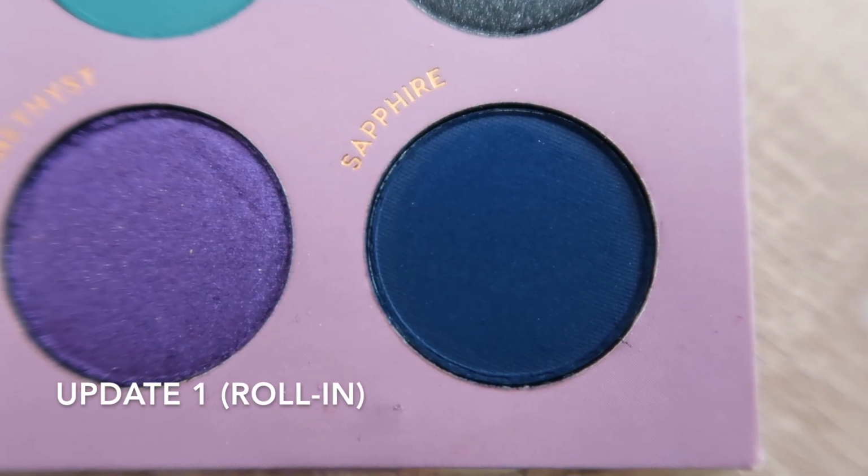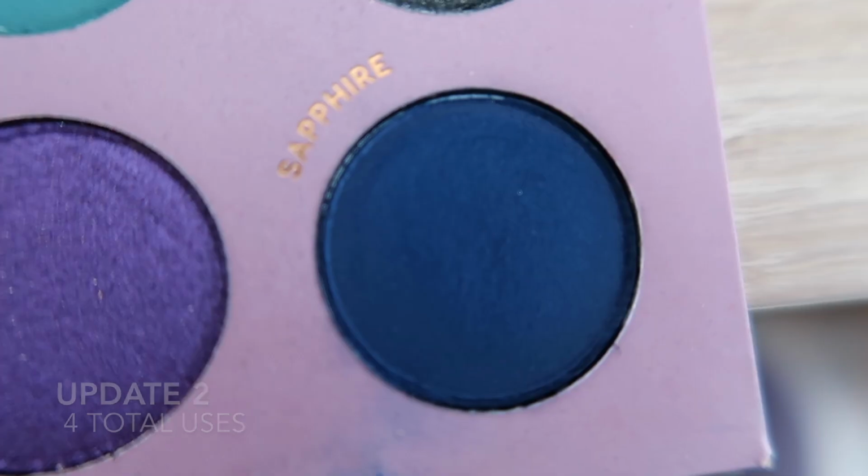Sometimes with a wet brush, it's a little bit more impactful. But just in general, this has been really, really fun to work with. So happy it's been in this project. And I'm really excited because I feel like I'm on the verge of pan. And then the shade that I'm rolling out probably doesn't come as a surprise to any of you who have been watching this. I'm rolling out a shade from the ColourPop So Jaded palette, and it is this one down here,